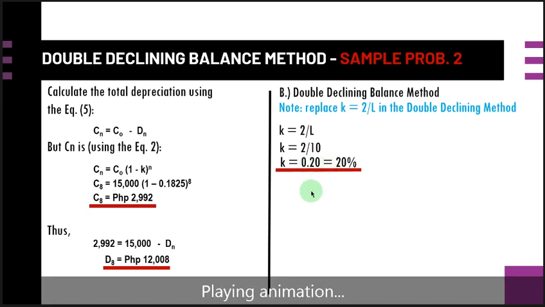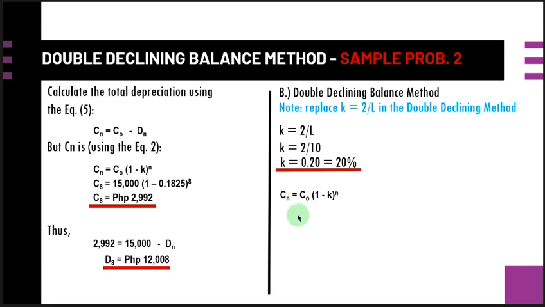But prior to that, we have now this formula of Cn is equal now to C0 times the quantity 1 minus K raised to the N. And then C0 is given, the K is already calculated here as 20%, and N is given, which is 8. So we can get now the value of our C8 is equal now to 15,000 times 1 minus 0.2 raised now to the power of 8. So we have now this C8 equal now to 2,517 pesos. So we have already the book value, the rate of depreciation, but we only lack now the total